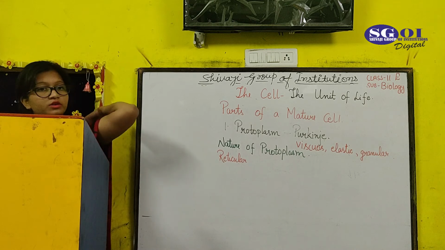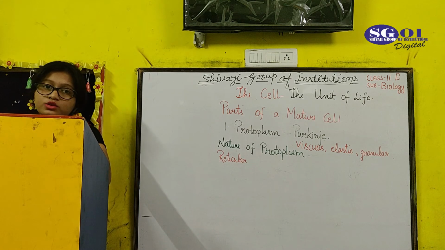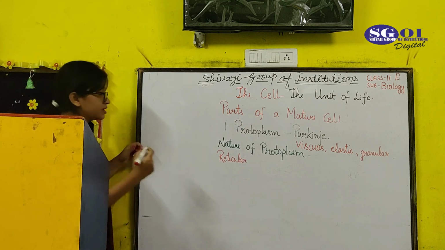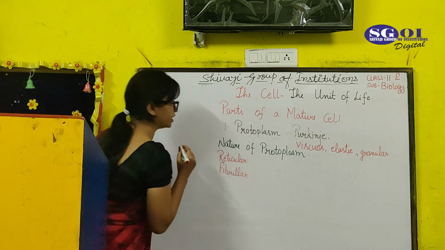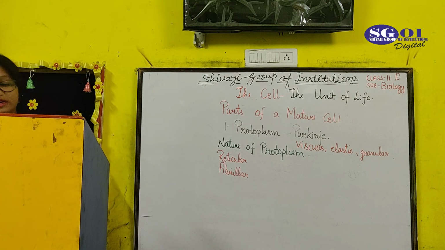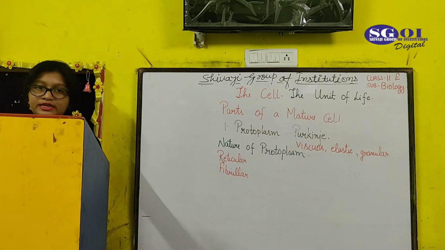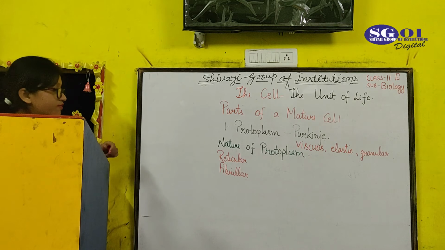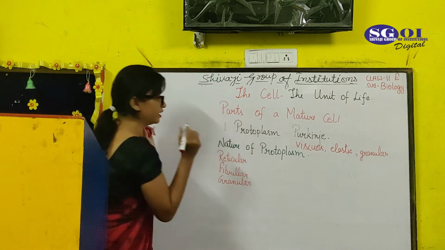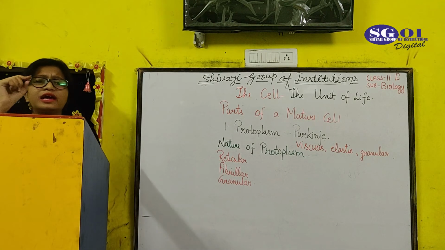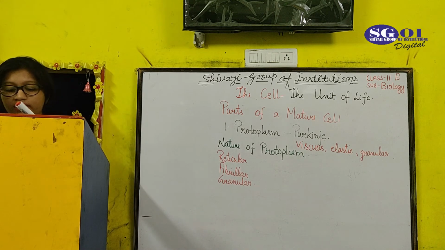So this reticular theory is that in which the protoplasm is considered as reticular, and this theory is given by Hanstein. The second one is fibrillar theory. In this case, the protoplasm is considered like a slender thread, and this theory is given by Fleming. After that came the third theory, which is granular theory. In this theory, the protoplasm is considered like minute granules, minute particles, and this theory is given by